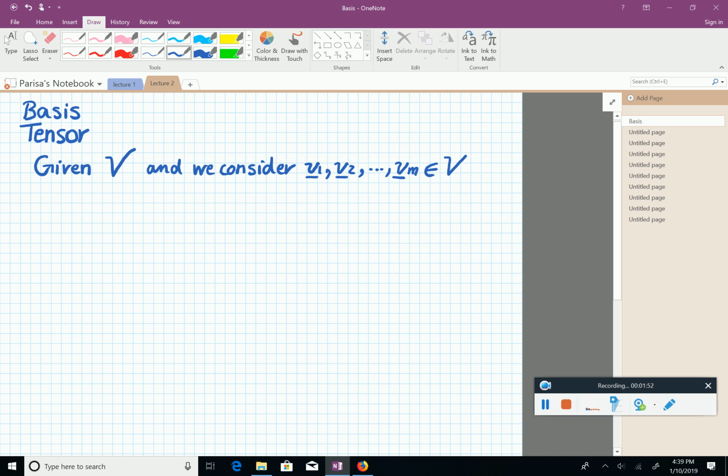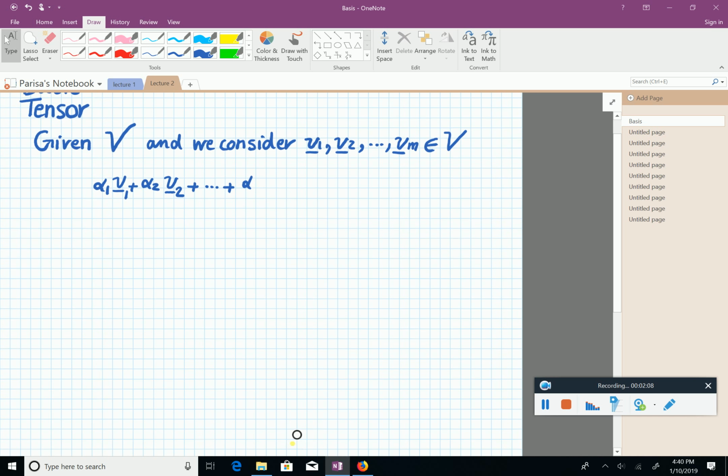Imagine that we also have a set of numbers such that this linear combination, alpha 1 v1 plus alpha 2 v2 up to alpha m vm